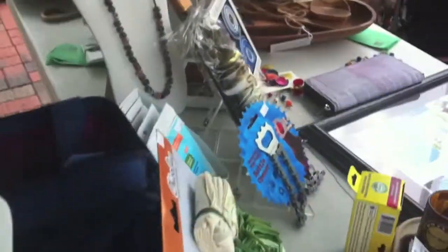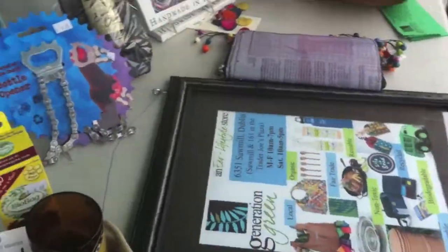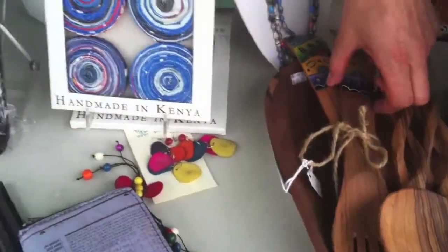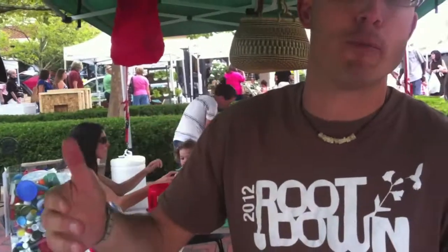So what are all the things you have here? Everything we've got, I kind of took a smattering of the store. We have a lot of fair trade things to help out people in the third world countries. The whole store is based around everything has a purpose. A lot of things are fair trade. Then we have a lot of locally made things that are either made out of recycled content or locally made as close as Dublin, Worthington,